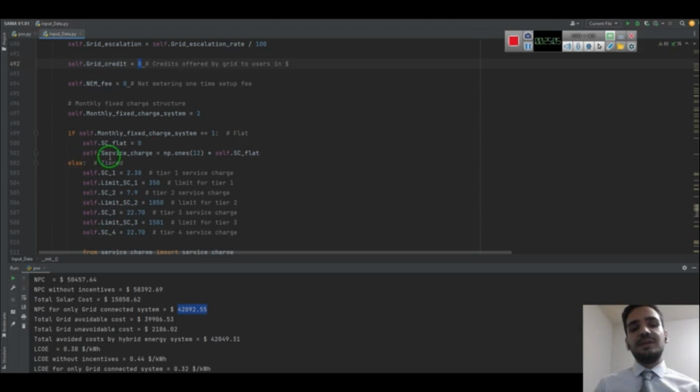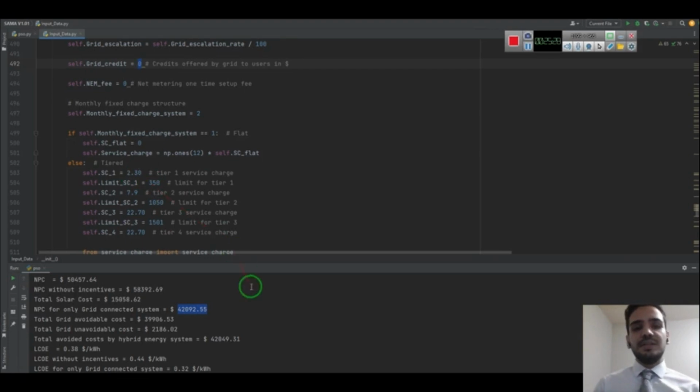One is a specific monthly service charge for the total months through the year. The other is a tiered rate option for charging a monthly value to the users.